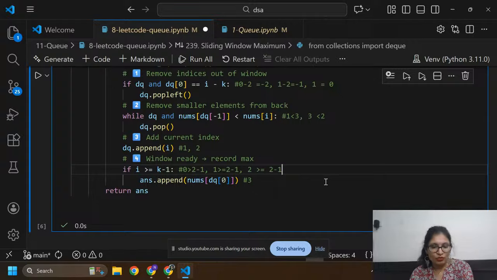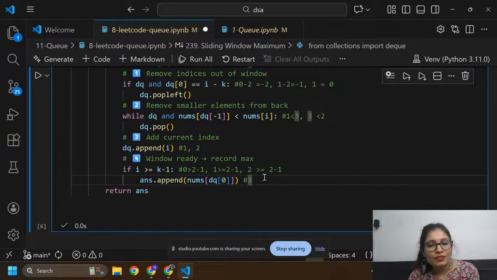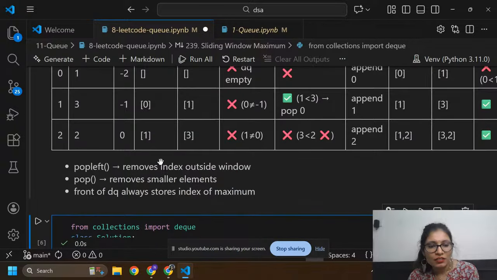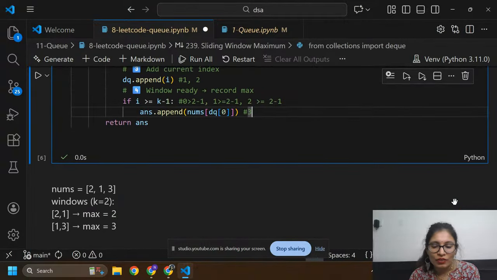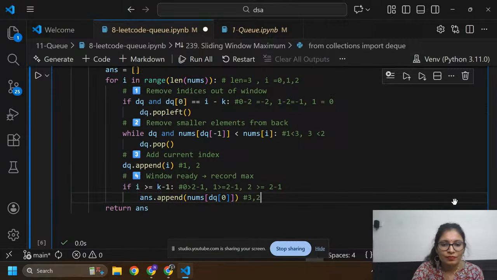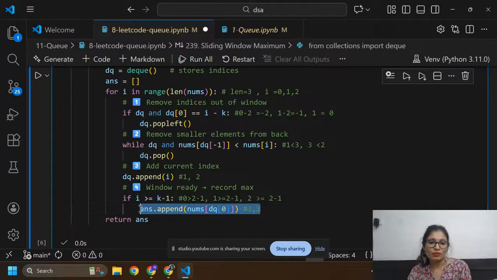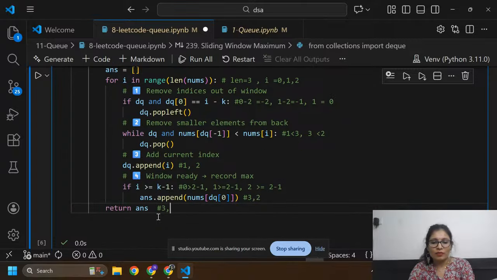Yes, this condition is true. I already have 3. Now I am going to append this element, 2. So after dq, the indices are 1 and 2, and the values are 3 and 2. So this is our final answer, 3 and 2. Our final answer is 3 comma 2.